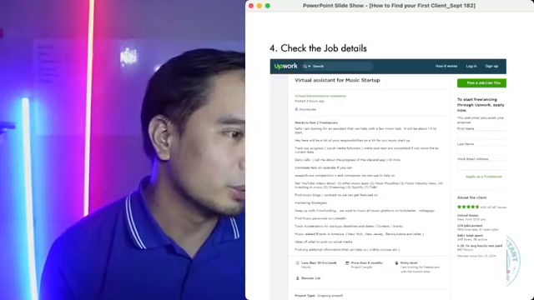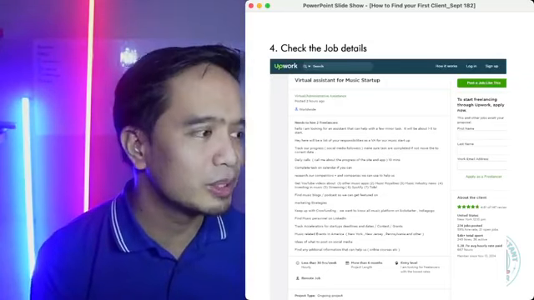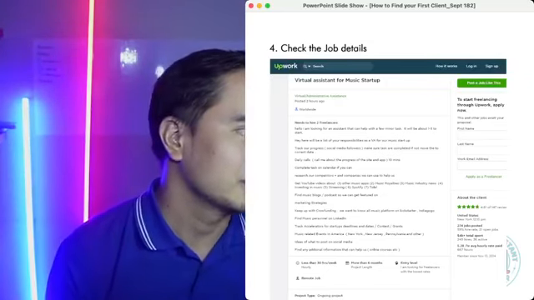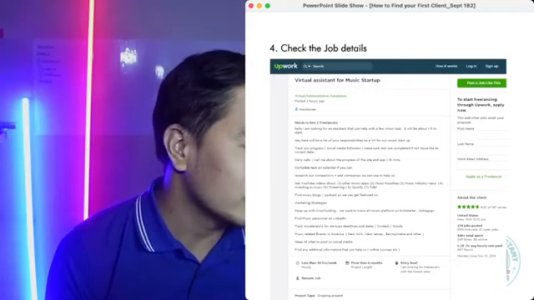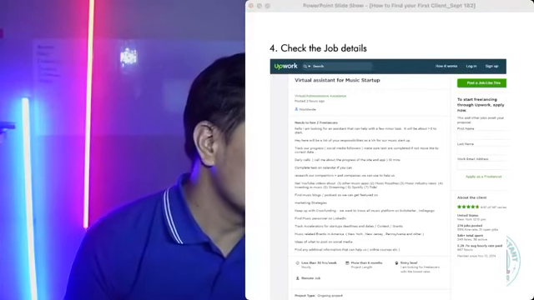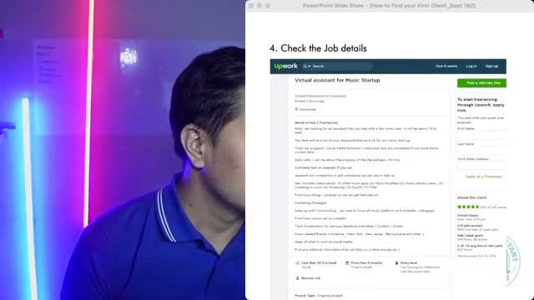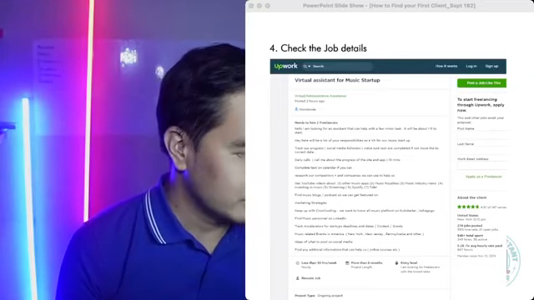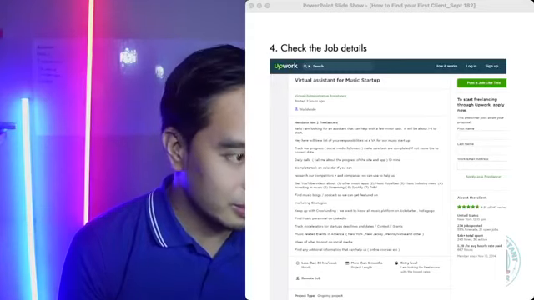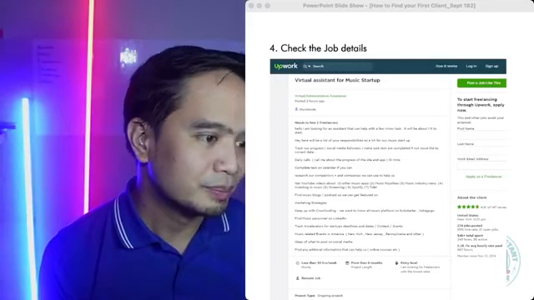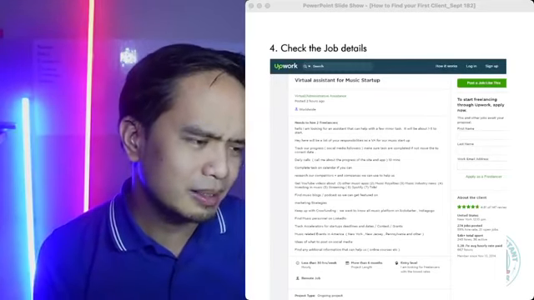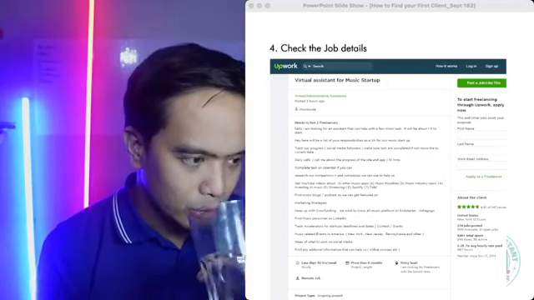Yes or no? Sa tingin nyo, just personal opinion nyo if kaya nyo bang gawin yung task na to. I'm not gonna say na you're gonna get hired for it, pero if kaya nyo lang gawin, what do you think? In your opinion. Yes. Oh, mostly, di ba? Parang mostly sa atin, kaya naman natin gawin to.